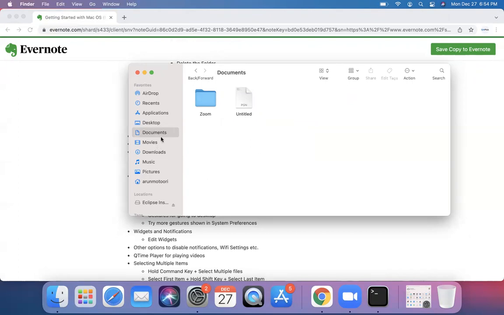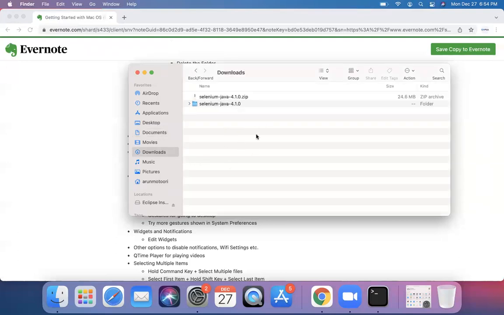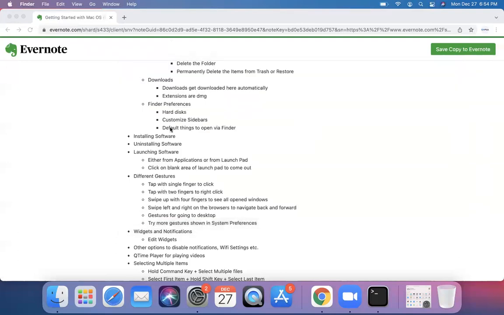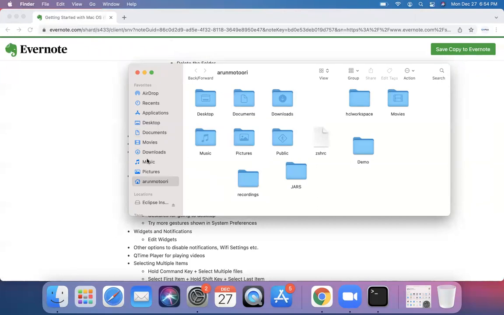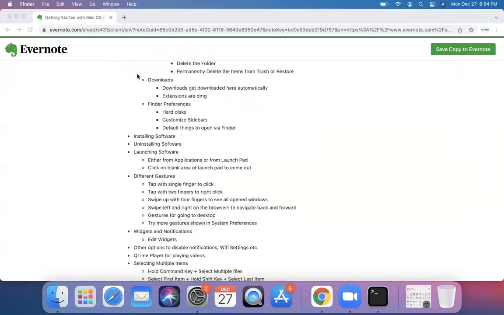Actually, it is not documents. This is downloads. In Mac machine, whatever downloads you do from the web, they will come into the downloads folder. To go to the downloads folder, you have to click on Finder and go to the download section. Then